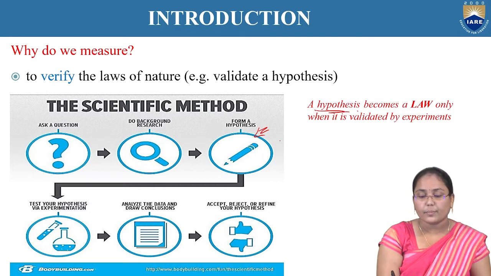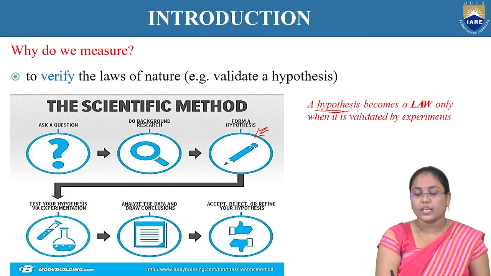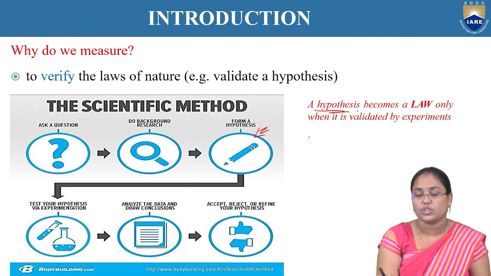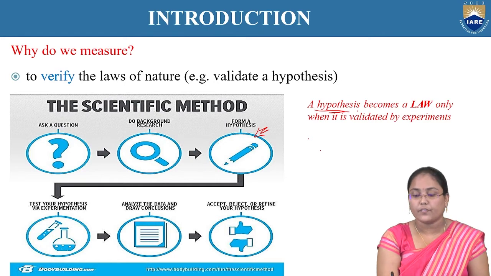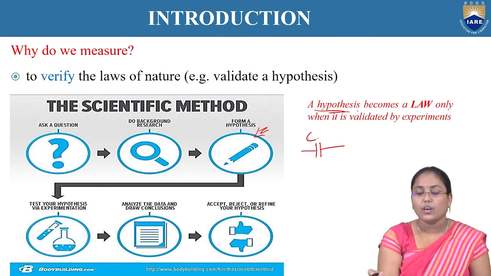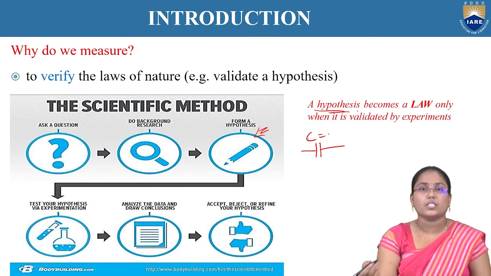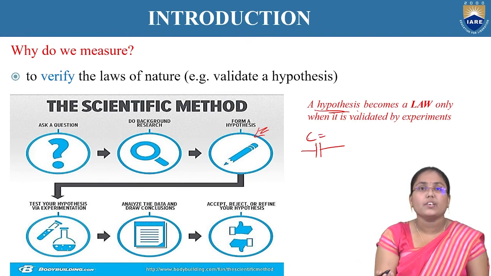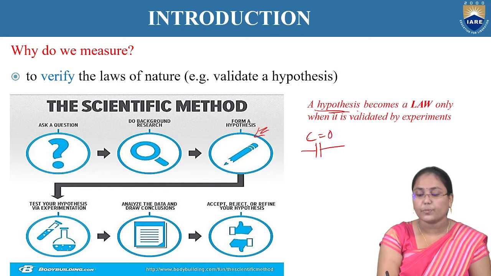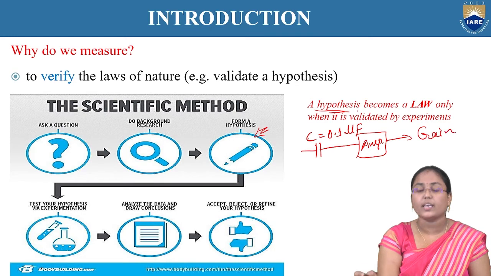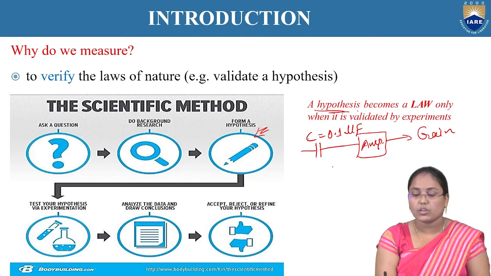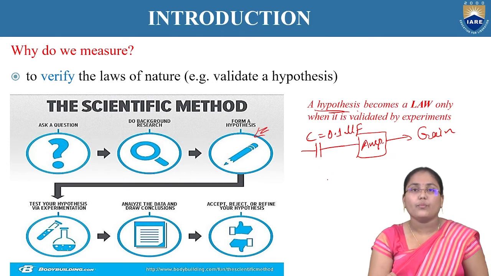After forming a hypothesis, for example, I have an amplifier in some electronic instrument, and before that I have given a filter. I have given a capacitor filter, and from the different literature survey I have done, I conclude the capacitor value to be 0.1 microfarad, for example. And when it is given to the amplifier, it gives good gain. I'm just stating it. So if we say this, it's just our view.